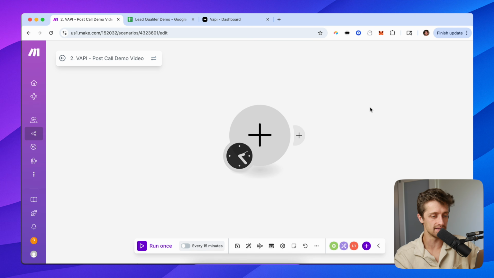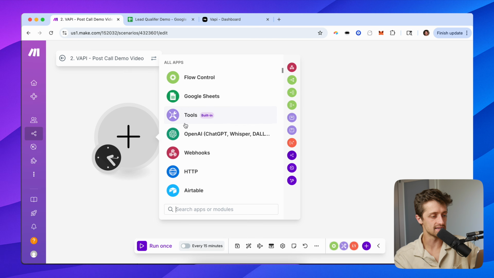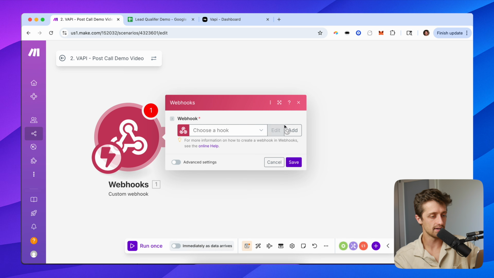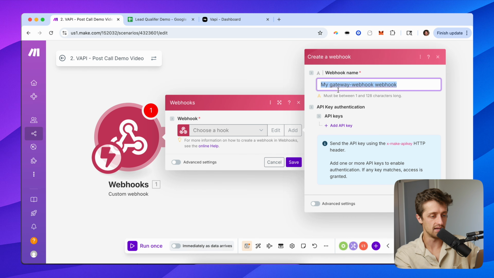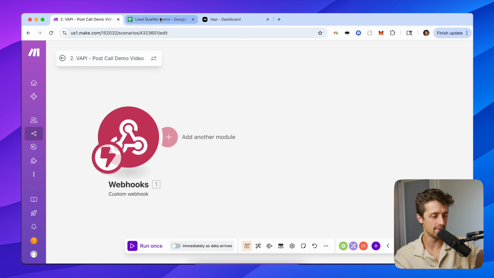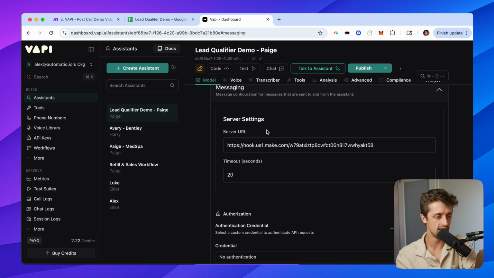That first one we built is going to start the calls. This one is going to handle all the data we get from the calls. So I'm going to set up a webhook here, and it's going to be a custom webhook. I'm going to add a new one, and it's going to be VAPI demo webhook. I'm going to hit save, and then I get this URL right here. So this is my webhook URL. I'm going to hit save. I copied that. I'm going to go grab that and drop that right here into my server URL field in